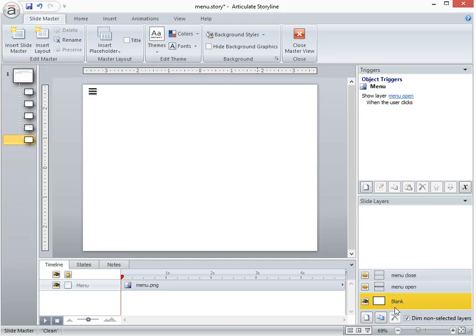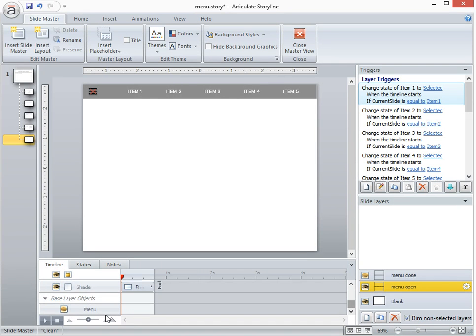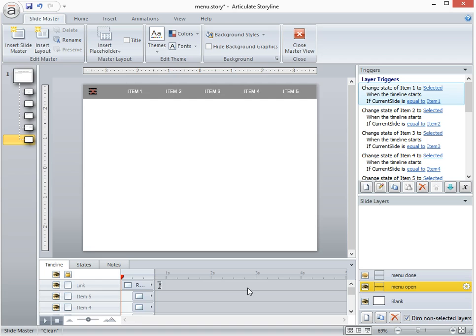Let me just go to the base. So the blank layout has the base layer. And on the base layer is just that symbol, the 3 bars, which when you click on it shows the menu open layer. Menu open has the menu items, so that shading that's behind the items. And one thing to note here is that the base layer, all it has is that 3 bar symbol. When you're on the menu open layer, I have that symbol turned off of the base layer,